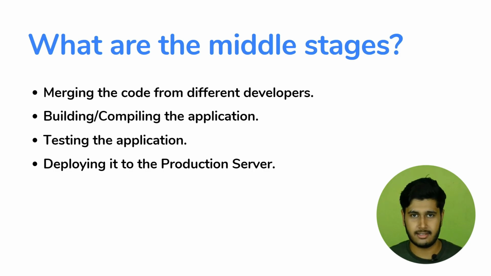And as you can see, there are a number of middle stages and each stage requires its time, right? Also, if you are working on a product, then you are going to build it continuously. You are going to add features to it continuously. It is not like you are going to build the whole product in one go. You're going to build some part of it, then deploy it to production. Then you're going to build some feature and deploy it to production, and the cycle goes on. But these middle stages require time, and the time it takes to go from code to the final product was the main problem faced in organizations before the introduction of CI/CD.